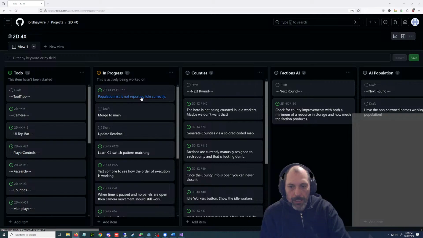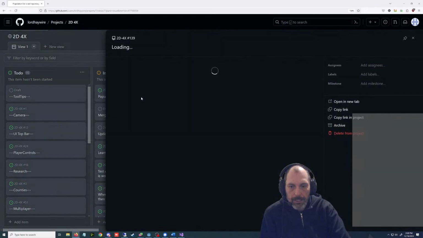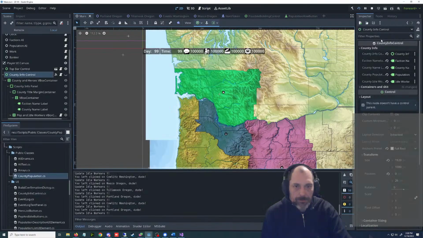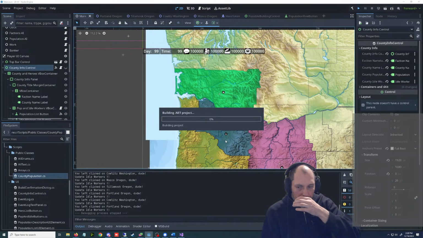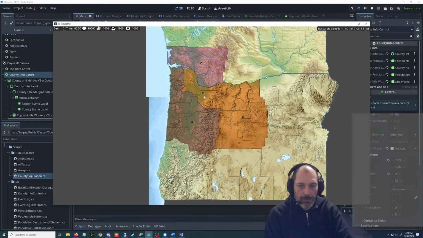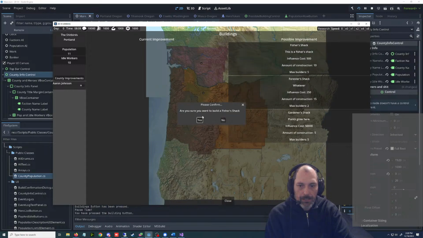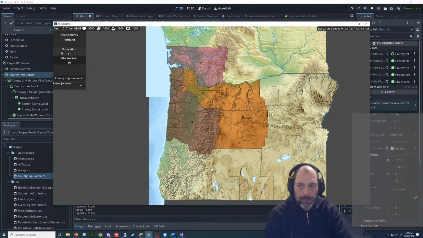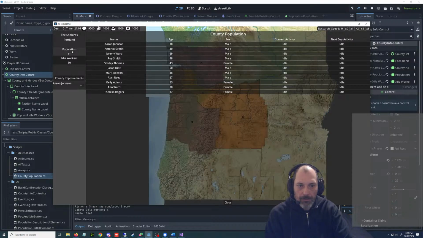Population list is not reporting idle correctly. That was the thing I just added on here. Oh, no. That was that weird bug that we got. I wonder how we fix that. I think that was the day after we build something. So it's 5.